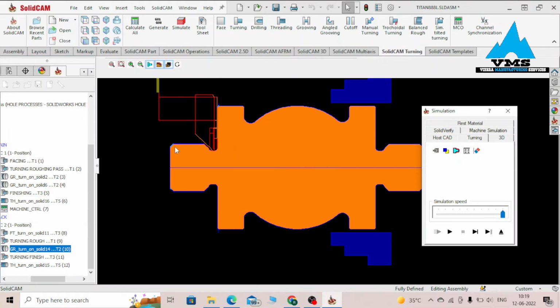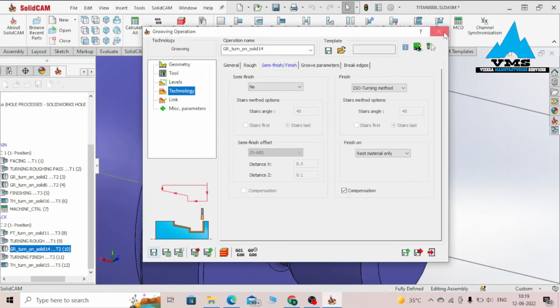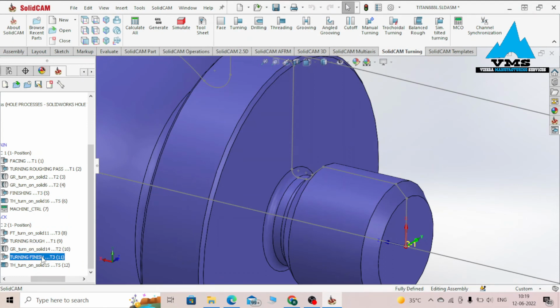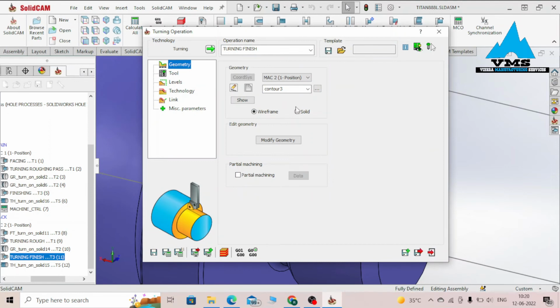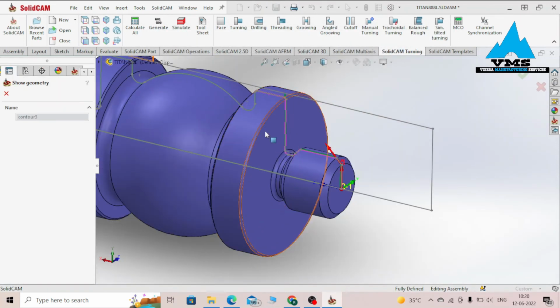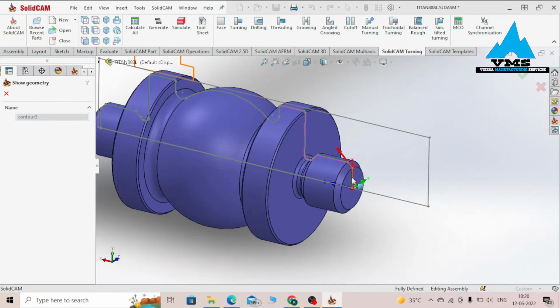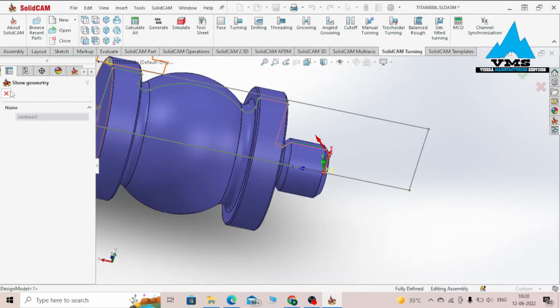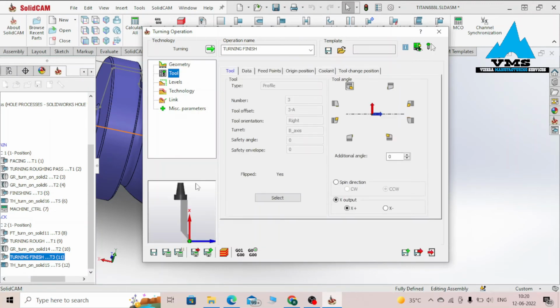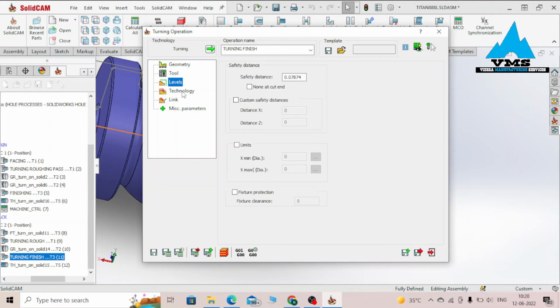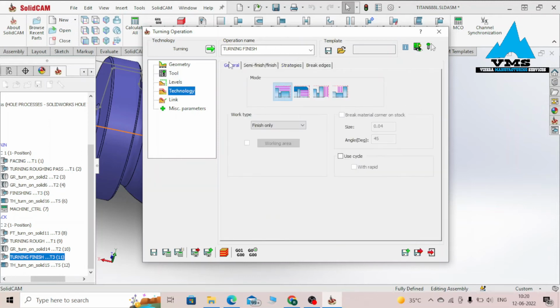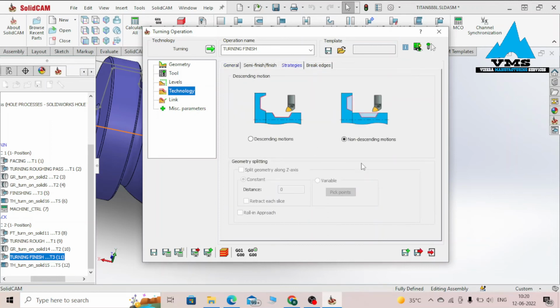For the next operation, we just want to use an external tool of angle 35 degrees in order to make the finishing of the part. Looking at the operation, geometry, working with Mark II position 1. Our geometry begins from this chamfer right up to this point. Tool, we are using an external tool of angle 35 degrees. Technology, we are using only a finishing pass. Strategy, non-descending. Looking at the simulation,